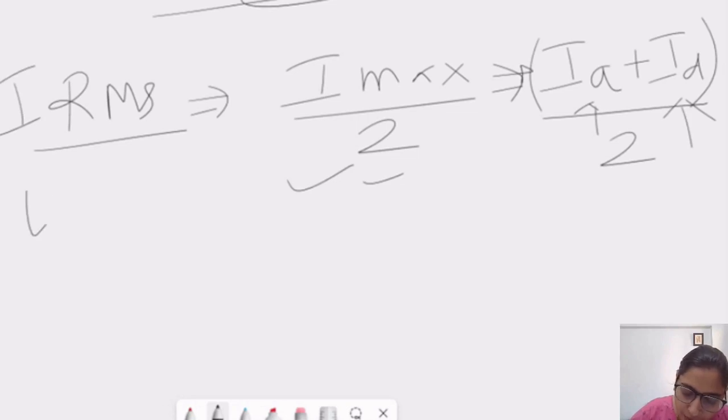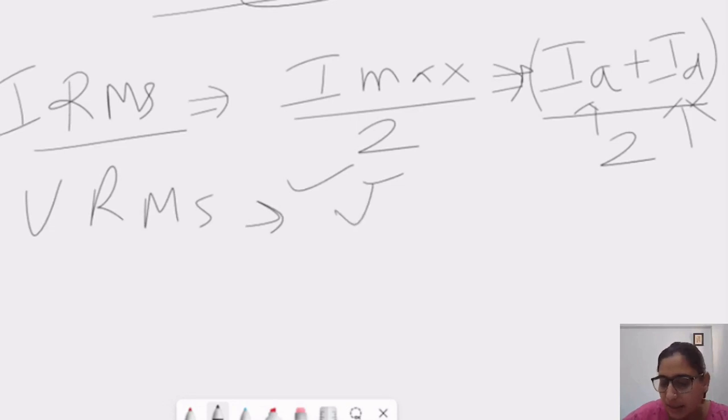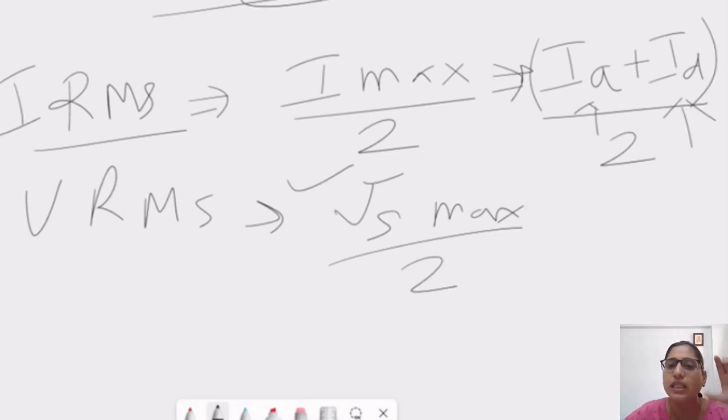Now the RMS voltage. What is RMS voltage? Similarly, it is Vs max by 2. Here also we can consider that Vs is the voltage in the secondary, so this Vs is directly transferred to the output. Vs max divided by 2 means all the harmonics coming in the voltage, the peaks of high and low, we are considering the mean of that. So Vs max by 2 is our Vrms. So here we consider IRMS, Vrms, IDC and VDC.